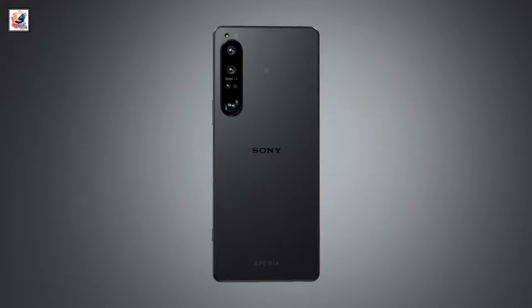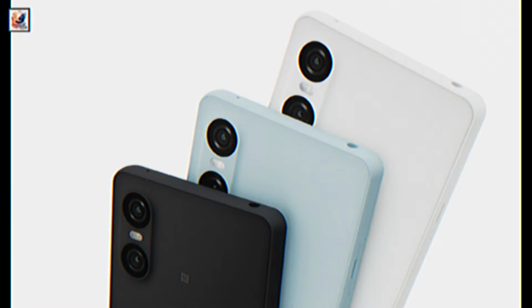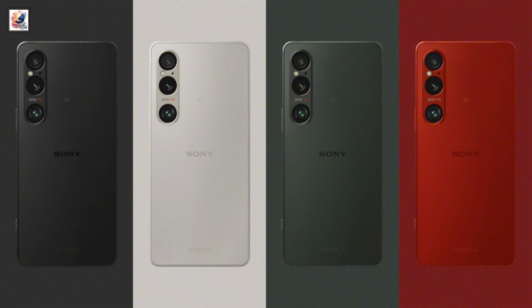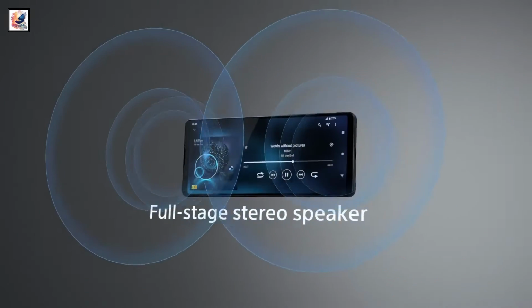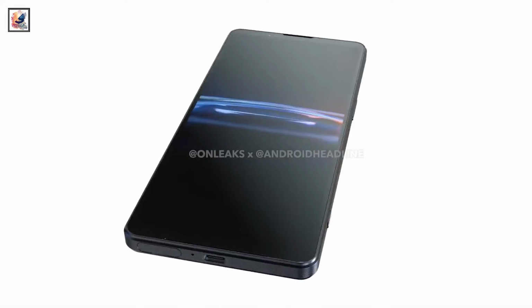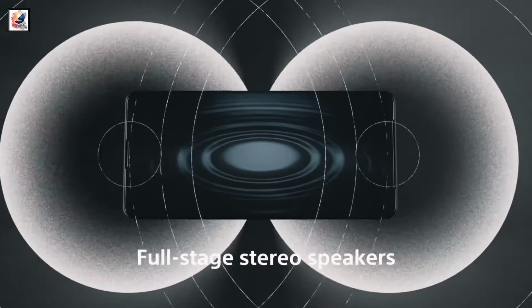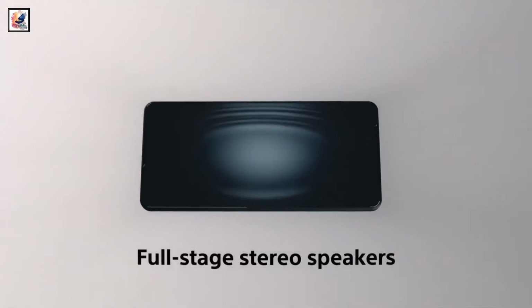Sony has unveiled the Xperia 1 VI flagship and Xperia 10 VI mid-ranger smartphones today. The Sony Xperia 1 VI will also be available in 4 colors. It will have a 6.5-inch 2K resolution screen. The display is now brighter, up from 900 nits to 1300 nits, and adjusts between 1 Hz and 120